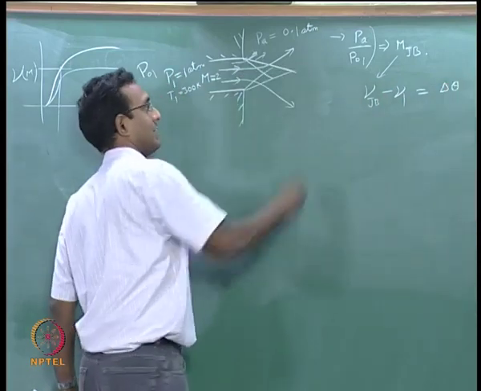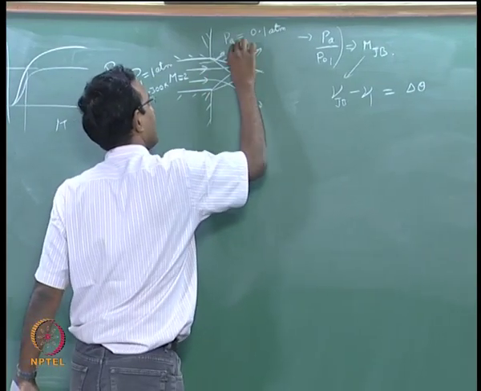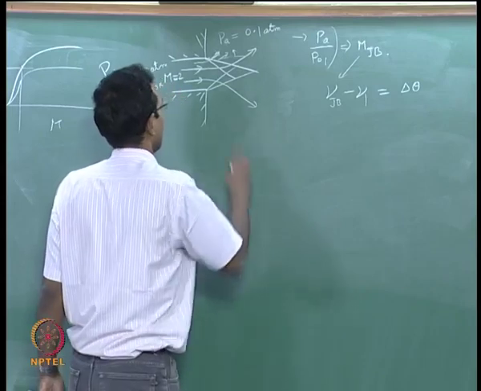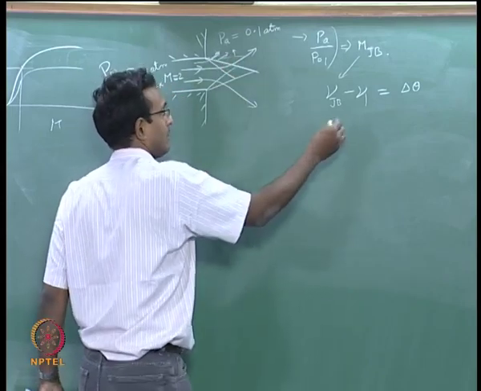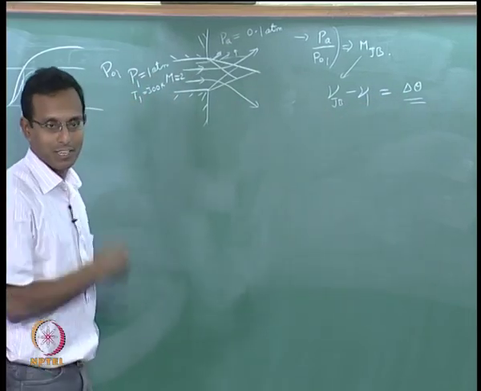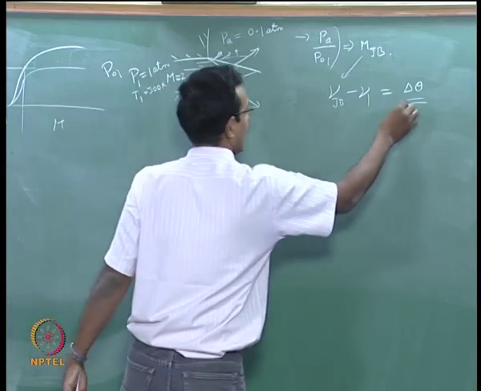So, I have to find the delta theta now. I will tell that at the end of it, it has turned by so much angle. Okay. That is what it will come out to be. It will turn by whatever angle it is. I have not calculated this, but you can calculate it. It's the same procedure. I have to follow it again and again. And I will go to a point where I know this.